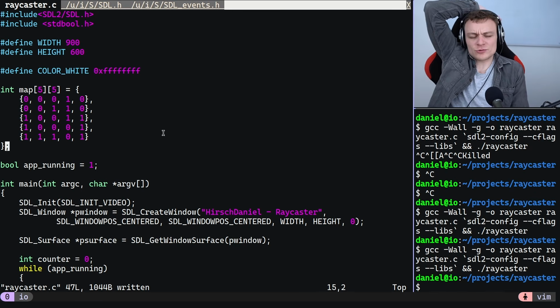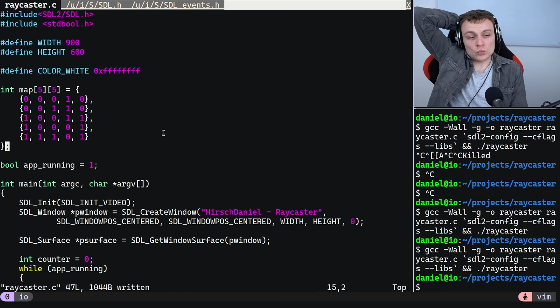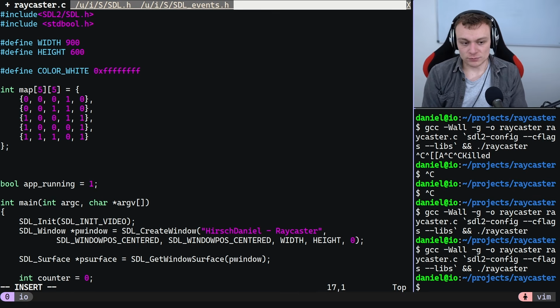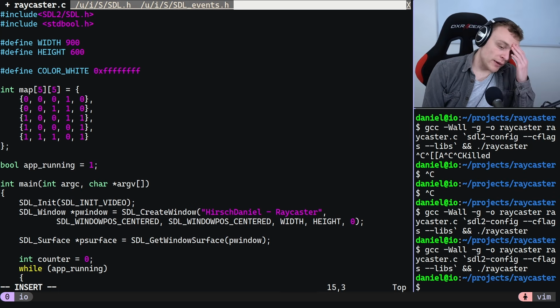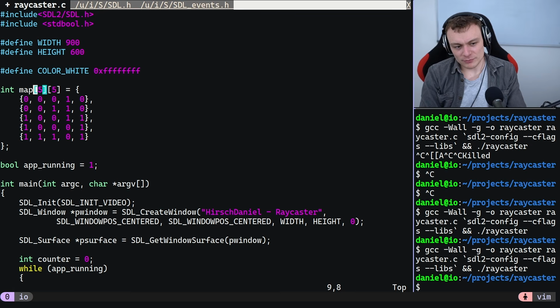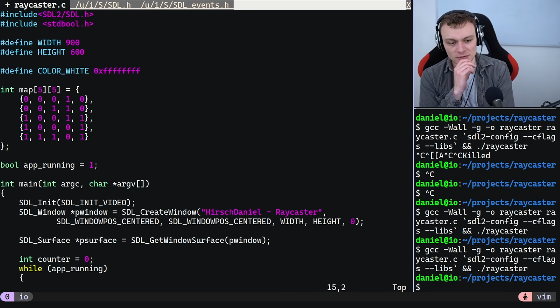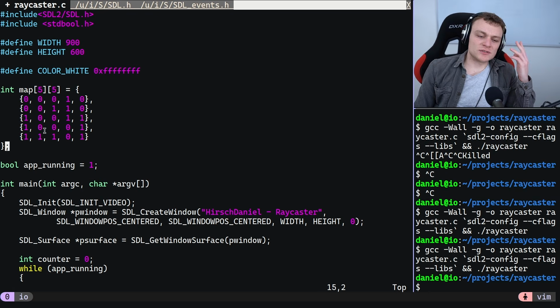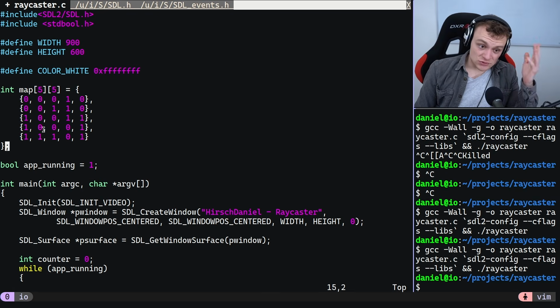How do we visualize it? We put the player somewhere. Where do we put the player? Player initial position is, or how do we map the map? We need to map the map to the two-dimensional scene somehow. Or no, this is basically the source data. And then we need to derive from that source data an actual two-dimensional map, because